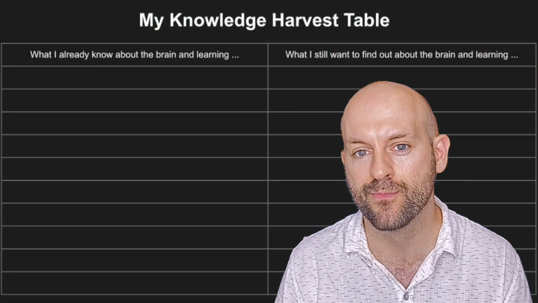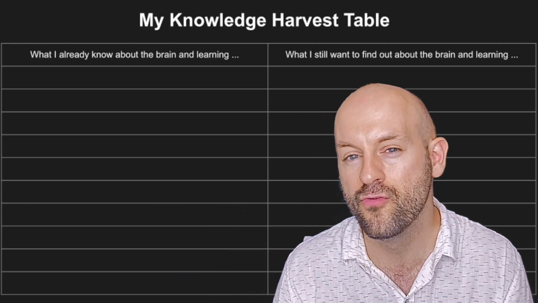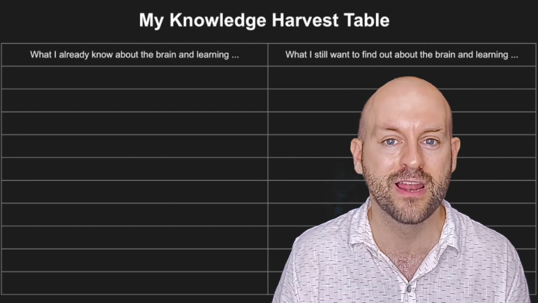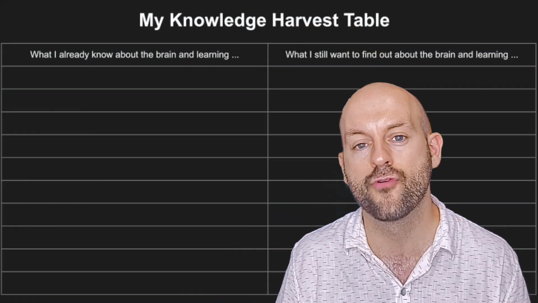In the first part, you're going to complete a simple table, writing down all the things that you can remember or that you already know about the brain, or that perhaps you remember from learning in the Brainwave unit in class 2 in the first column. Then in the second column, you're going to write down all the things that you still want to find out about related to the brain and the learning process. You should write down as much as you can, but I would encourage you to write down at least 5 sentences for each column. And you should keep returning to this table as you learn new knowledge throughout the unit.